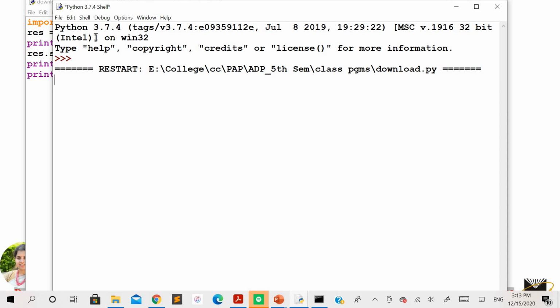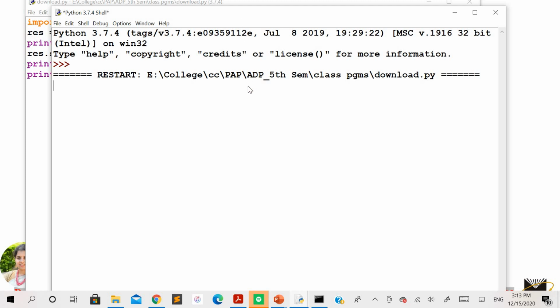It takes a few seconds, because it has to connect to the internet with that URL and then extract the content, so it totally depends upon the speed of the internet.